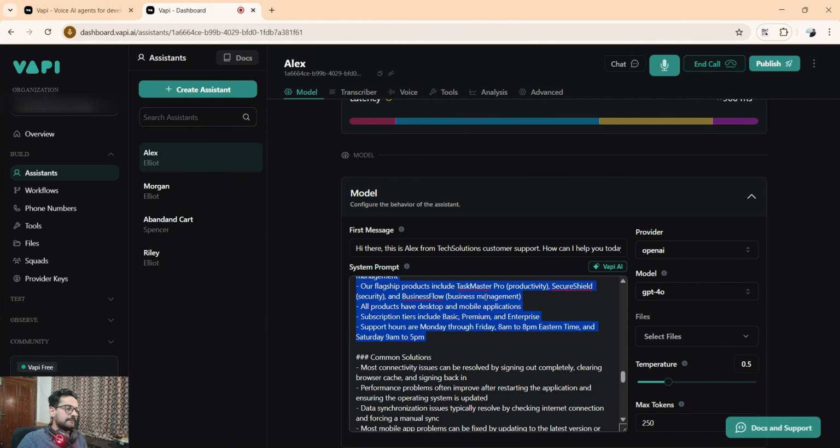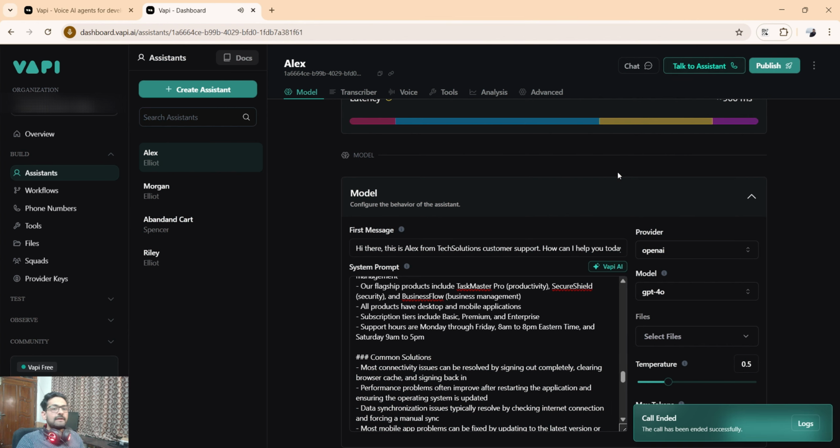Okay, so restarting would help me, right? Yes, restarting your device can often help resolve crashing issues by clearing temporary glitches. Give it a try, and let me know if Taskmaster Pro launches successfully afterward. Sure. Thank you so much for your feedback. You're welcome. If you need any more help,